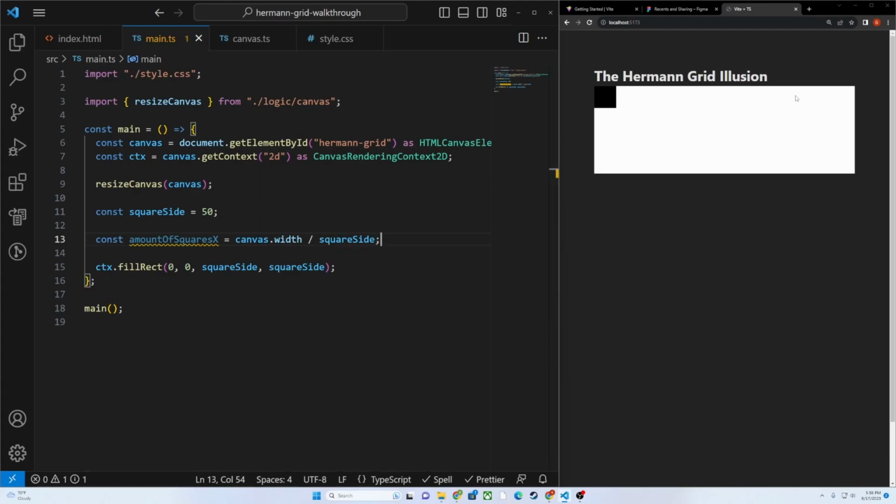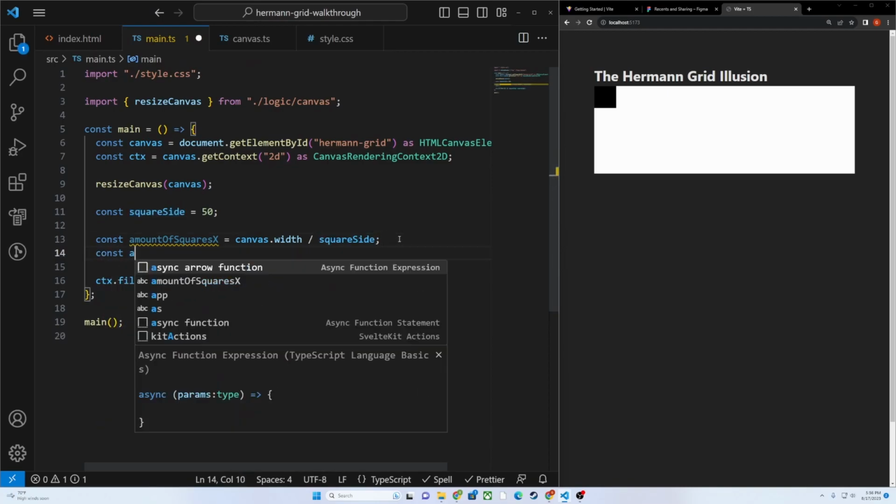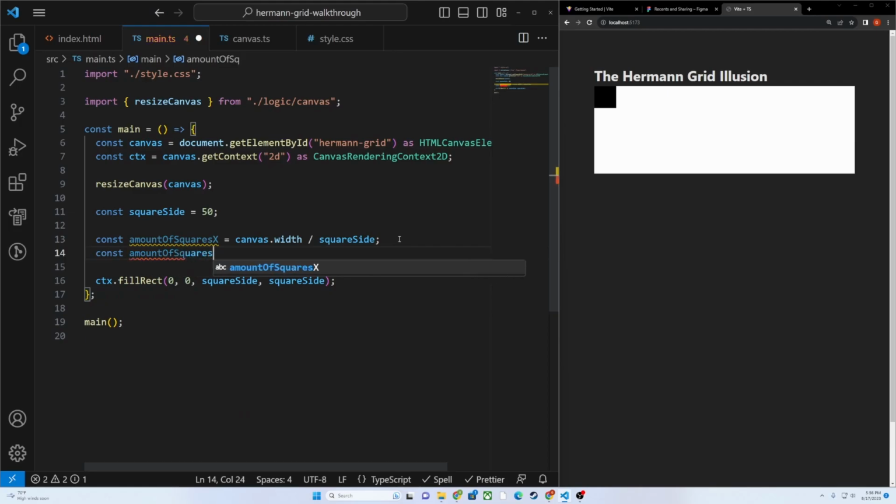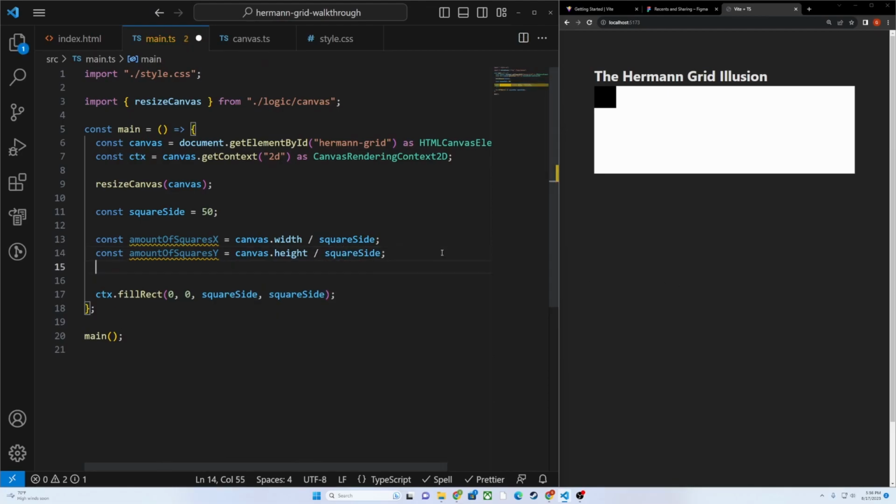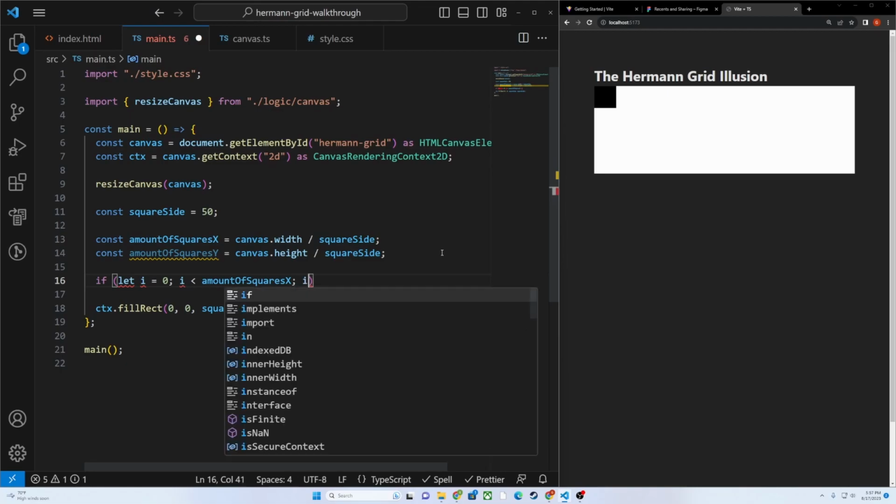So right now let's pretend that this grid is 200 pixels wide. The amount that could fit there would be 4 squares, because 200 pixels divided by 50 is equal to 4. 50, 100, 150, 200. And we can do the same for the y. So amountOfSquaresY is going to be equal to canvas.height divided by square side. And now let's just use the amountOfSquaresX. I'm going to say for let i equals 0, i is less than amountOfSquaresX, i plus plus,